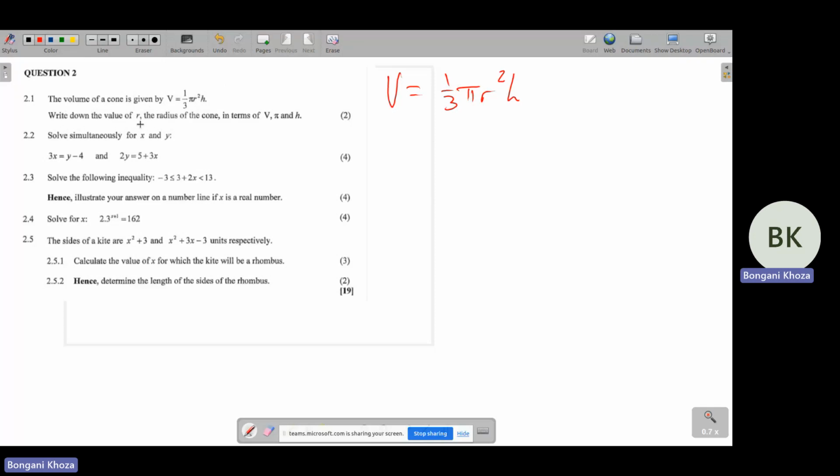We're supposed to write down the value of r, which is the radius of the cone, in terms of these over here. So they're asking you to make r the subject of the formula. So they're expecting you to end up having something like r equals blah, blah, blah, right? So in order to do that,